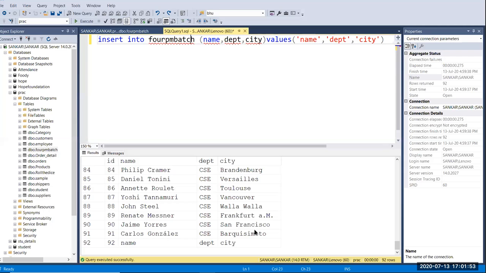Sometimes we have to connect 20 or 30 tables. In that we have to use left, inner, full, and right join. So we'll see it tomorrow.